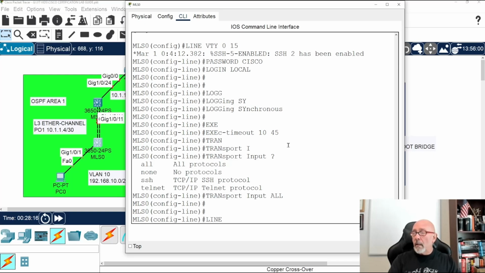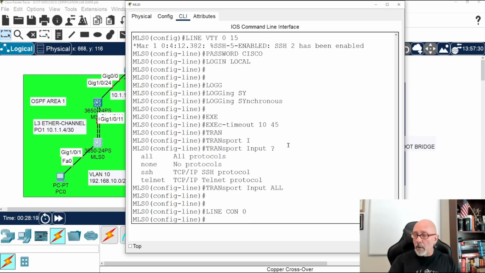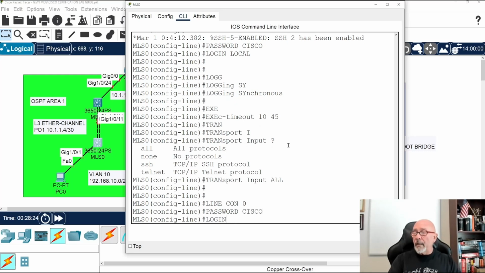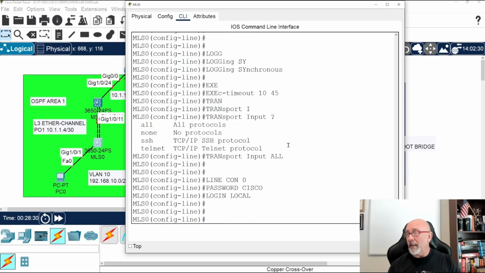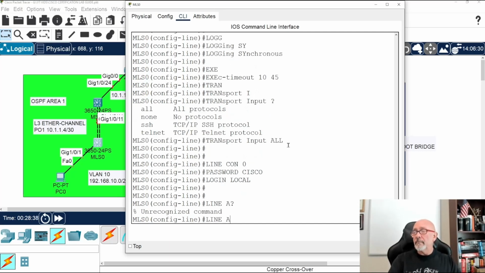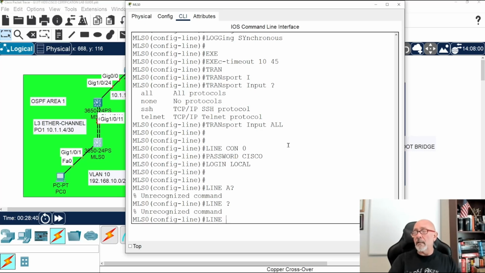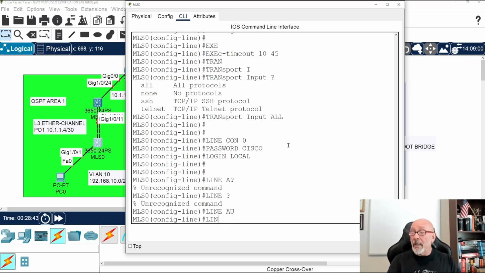Then we'll do line console 0. Password Cisco, and then login local. We want to use the username and password. It's a beautiful thing. Now, one thing they don't do anymore: line aux. It's not there. Yeah, see? It used to be an auxiliary port, and you used to do the same thing. There were 3 things. Now they don't use it anymore. So you've got your line con 0 and your line vtys. We did our lines, we did all that.